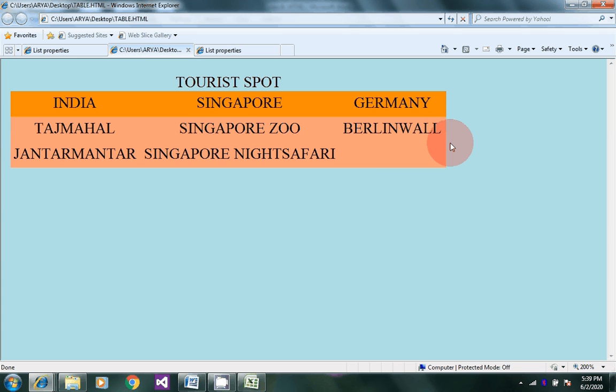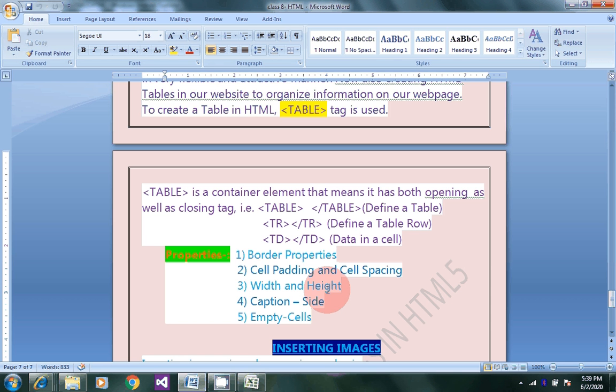So this property shows whether or not the border or the background are to be placed around an empty cell in a table. You see, there is no border or background in the empty cell. Whether you put a background or a border in an empty cell or not. So these are the properties of the table which we are discussing.